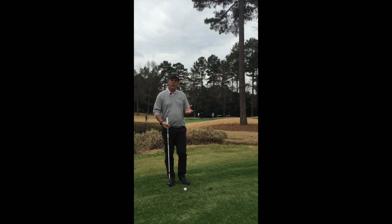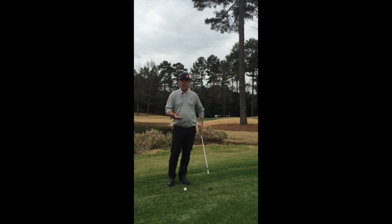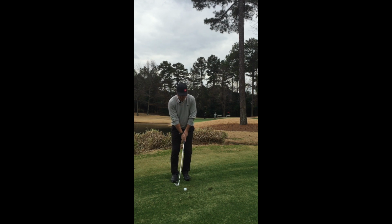So what I'd like for you to do is we're going to hit a couple shots. Don't be concerned if they go shorter or farther or they aren't as solid or they feel different than what you're accustomed to feeling. But we're just going to set up here, engage that bounce by letting the shaft sit fairly neutral, the trailing edge is on the ground, and we'll talk about the other setup things and swing here in a